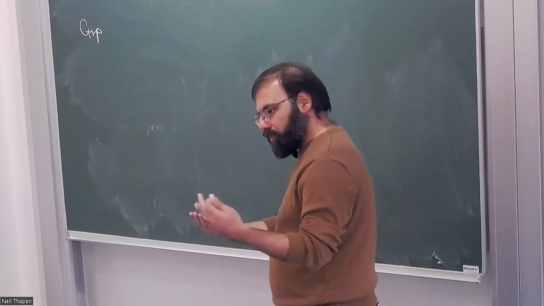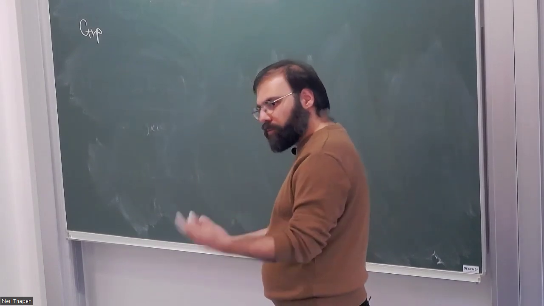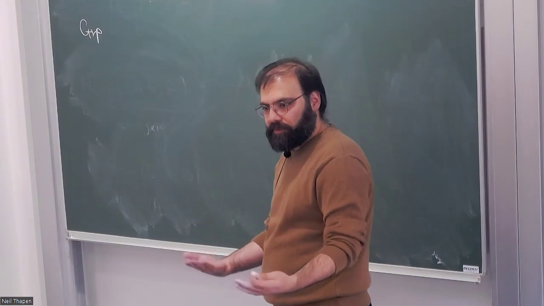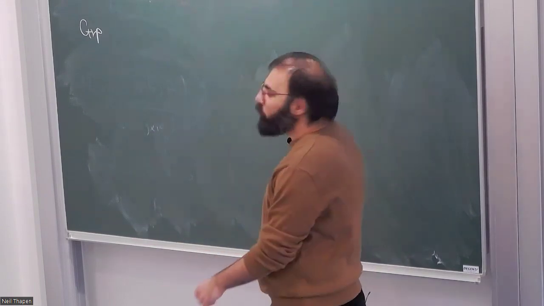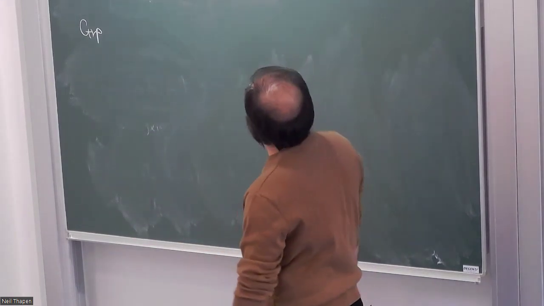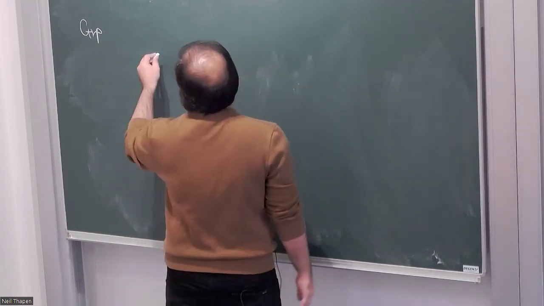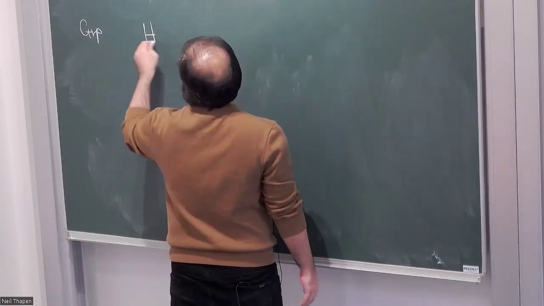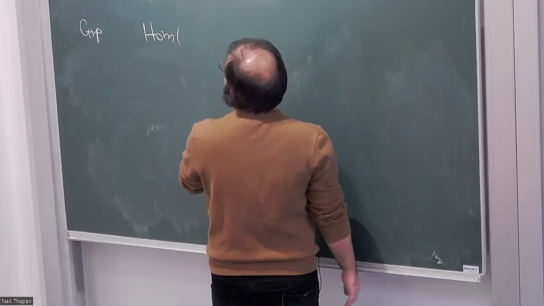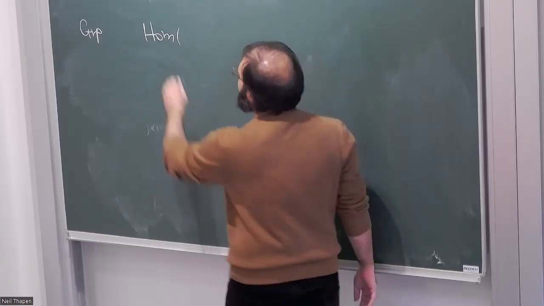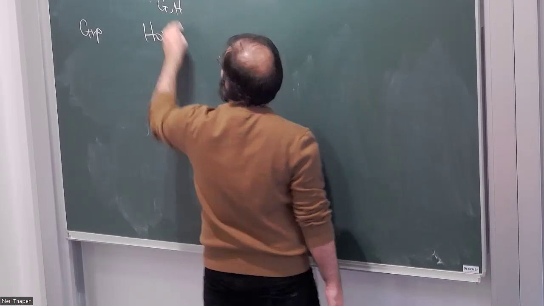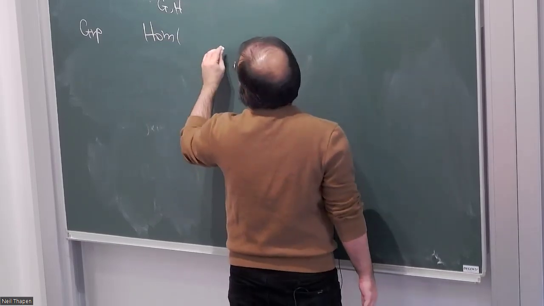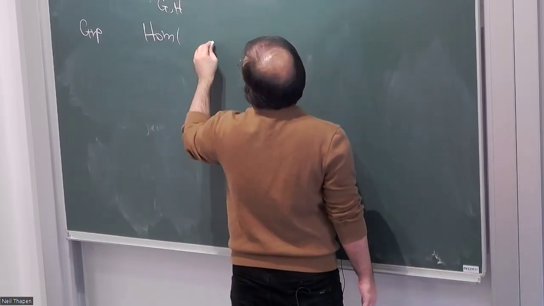Of course, some exponentiation exists, but not all of them. How do I know that? By this trick. Let's say that it exists for any groups G and H. Then it means that I have an object, say H to the G,